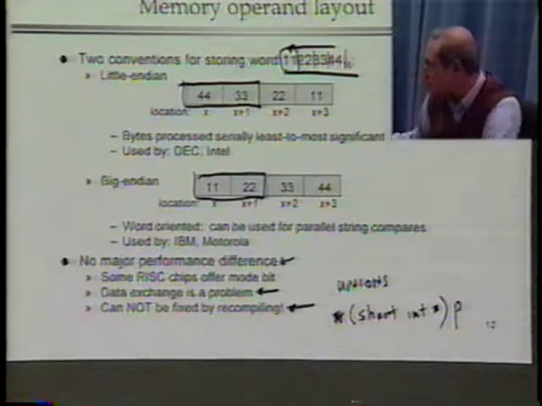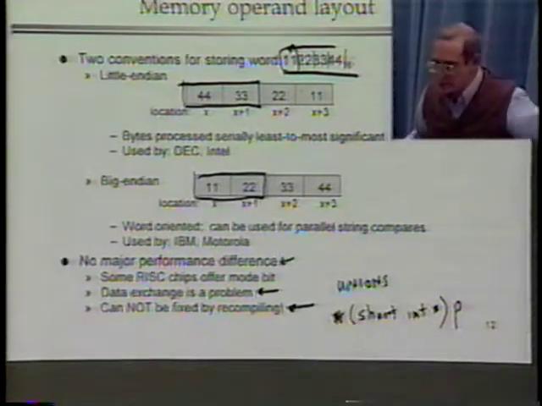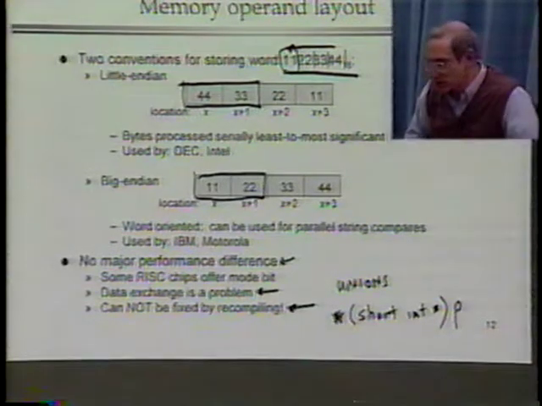So it's a major headache, an architectural non-issue, but a practical